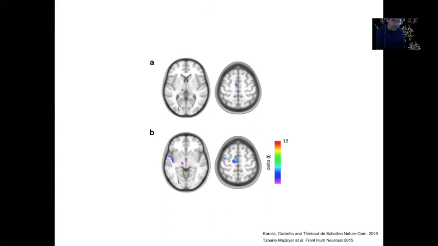So in A, you have the maps that we've been able to reproduce from Neurosynth by doing this meta-analytic asymmetry map. And you see that you have more activation in the left hemisphere at the level of the pre-SMA and